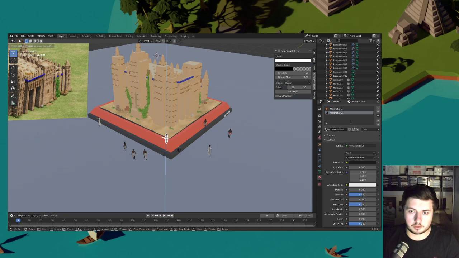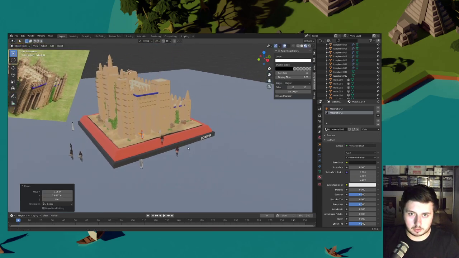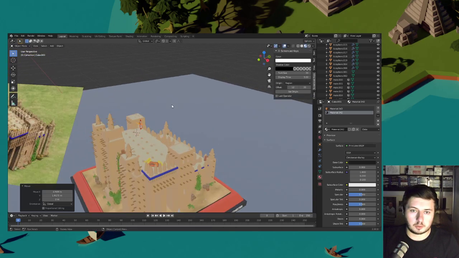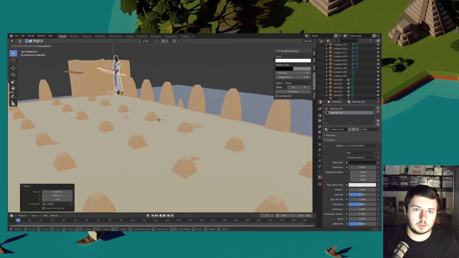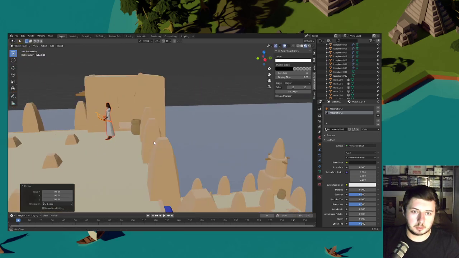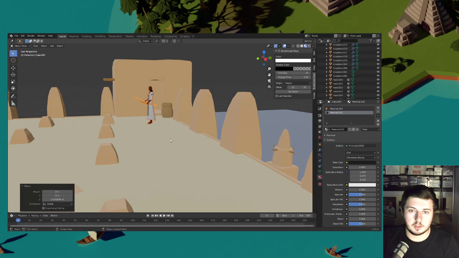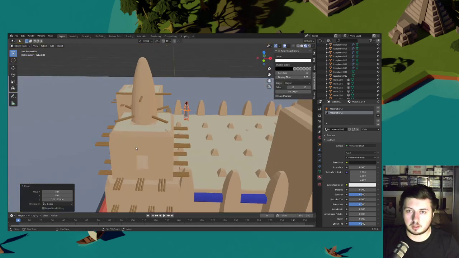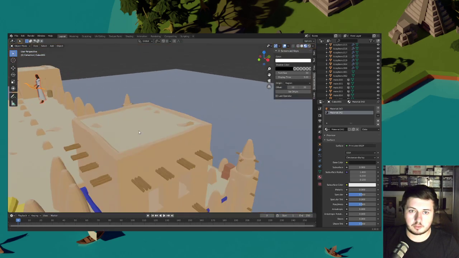All the little characters I've got. They're probably about the right scale already. Yeah, I think they are. Actually, how big's that doorway up there on the roof? Tiny. So maybe they're not. They probably need to be like that big, which would actually make this building huge. So I think I'll make the doorway bigger,